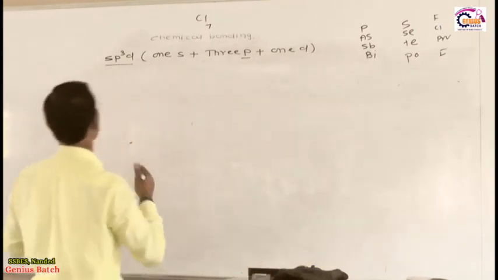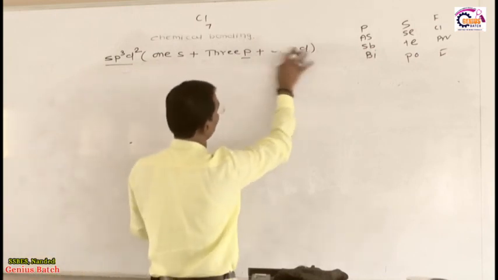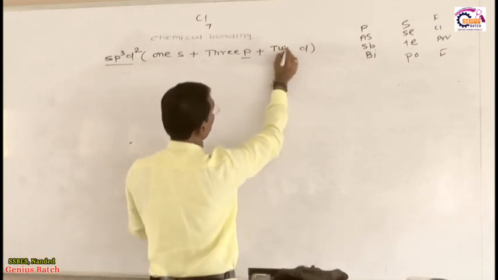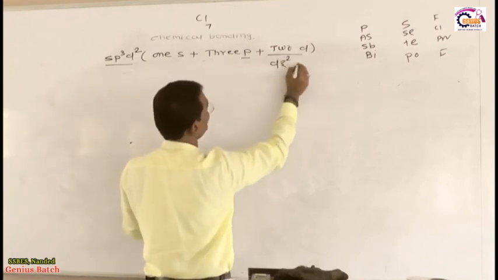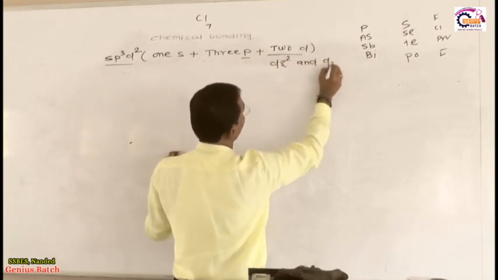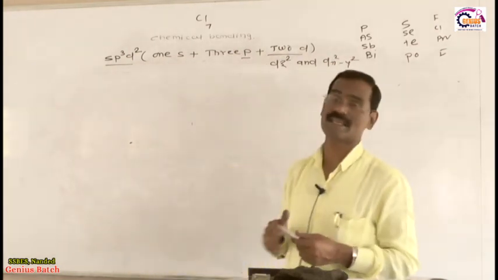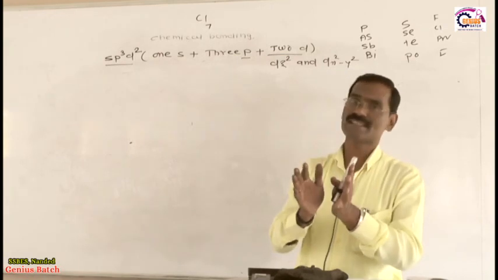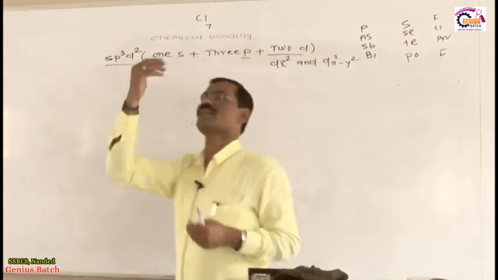Now what is the meaning of sp3d2? Mixing of 1s, 3p, and in place of 1d, here 2d orbitals are there. And which d orbitals? Either dz square and dx square minus y square. These 2 orbitals are involved in this mixing. dxy, dyz, dzx, these 3 are never involved in this mixing, because when we go toward the higher level study of